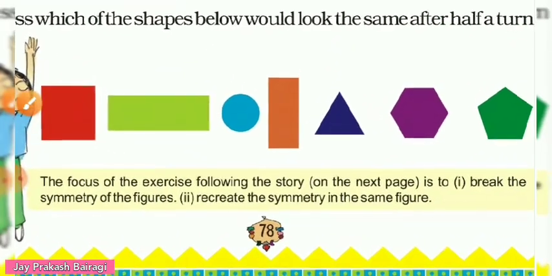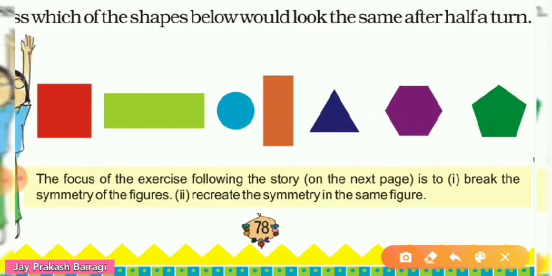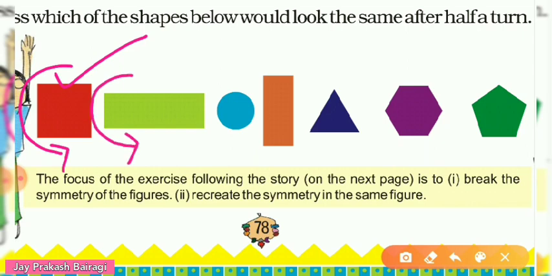So in these pictures we have to find which pictures will look the same if we give a half turn. So come to the first picture, it is a square. Okay, so half turn means upside down, means half rotation. Remember that if you give a half rotation, it will be a half turn. So first is square. So yes, if you give a half turn, it will look the same. Now come to the second, it is a rectangle. So what will happen if you give a half turn? It will look the same as its original picture. Yes, it will look the same.